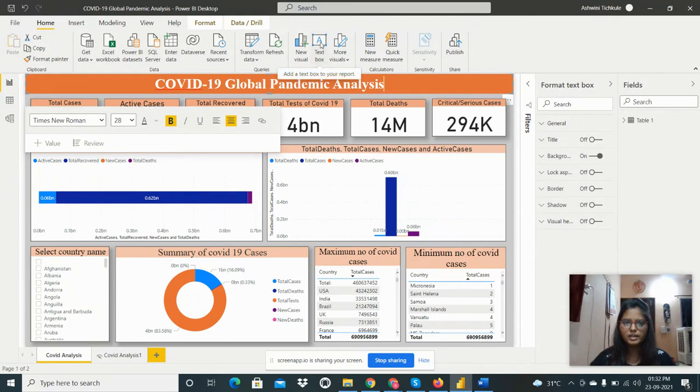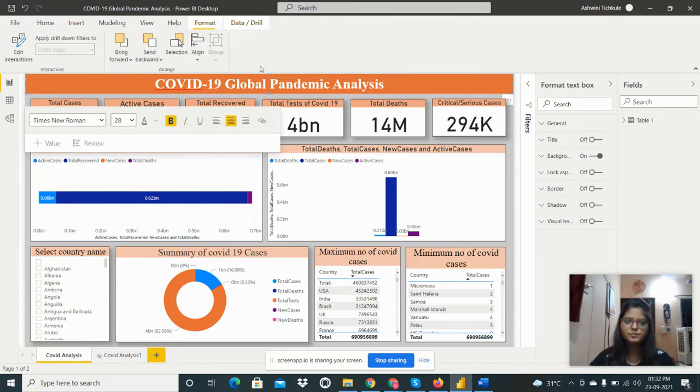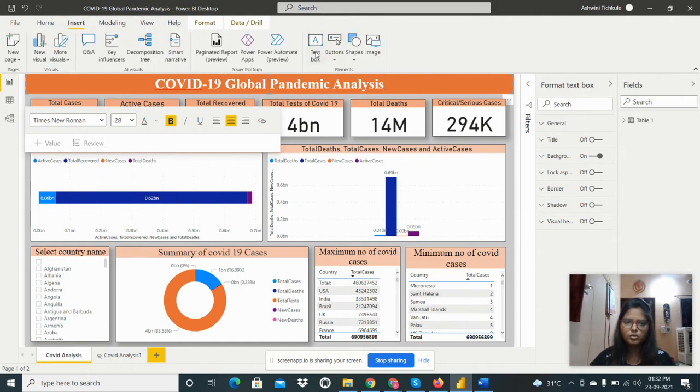Okay, so I took one text box from the insert menu. I need to take one text box for the heading. Okay, so I selected one text box and wrote the COVID-19 global pandemic analysis there. I changed the background color to orange and the text color, so from here we can change the text color.